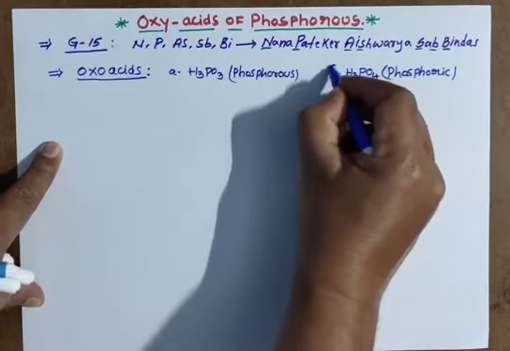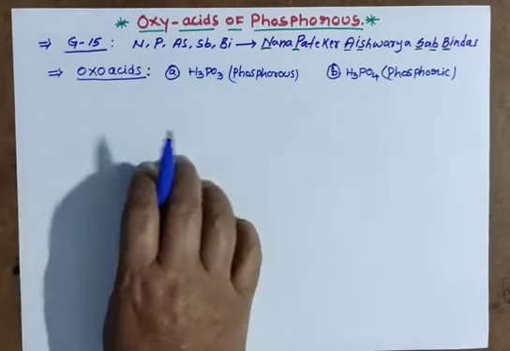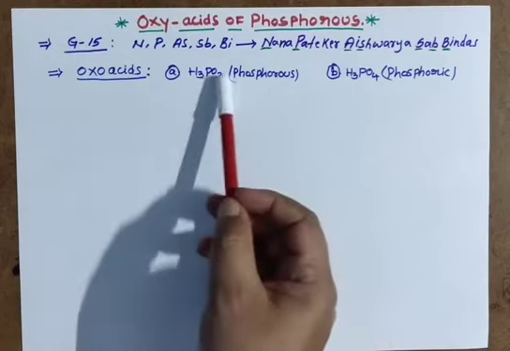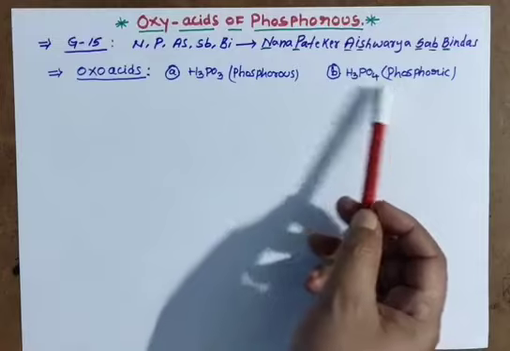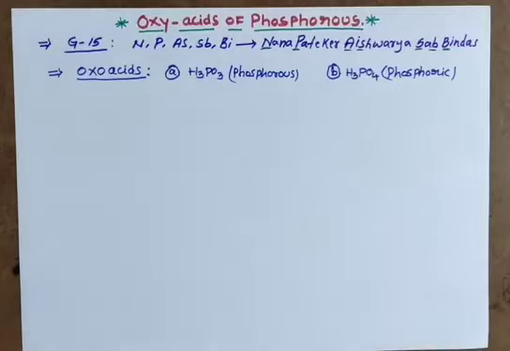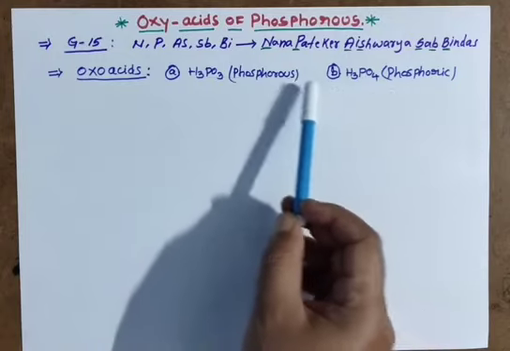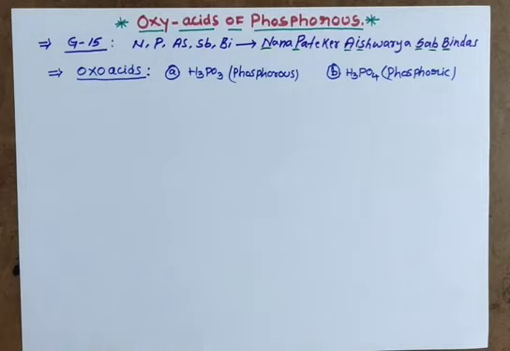So higher the oxidation state, ic; lower the oxidation state, ous. Lower oxidation state always ous, higher oxidation state ic. You calculate the oxidation state, and here it is less and here more. Less ous, more ic. Now if you know these two formulae, from them you can remember the total oxy or oxoacids easily.